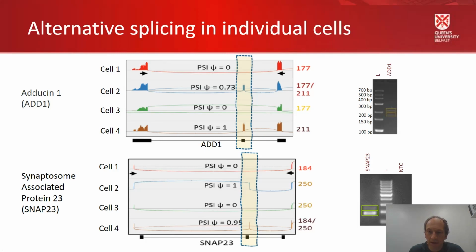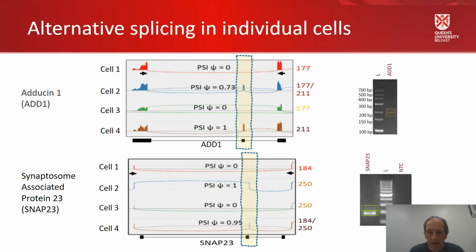So there's a percentage spliced in value of 0. In that cell, all transcripts don't have the additional exon. Whereas if we look down to cell 4 in AD1, for example, all the transcripts have that exon spliced in, whereas in cell 2 there's a bit of a mixture. And the numbers on the right-hand side, the 177 at the top there, is the number of reads we have